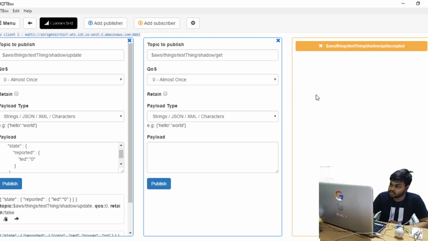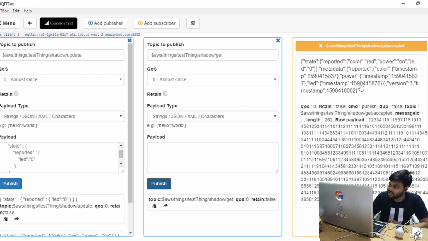First we need to subscribe to this one and publish an empty payload message right here. As soon as we publish, everything stored in that thing shadow will be returned. So this is how it works. Reported color red, power on, LED 0, everything will be received. So this is the usefulness of this one.